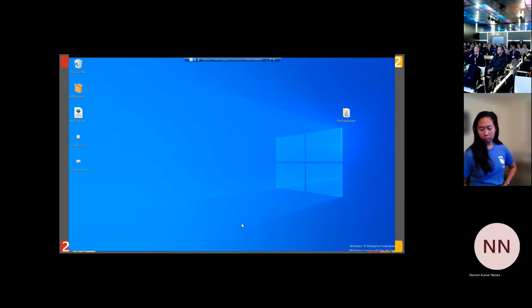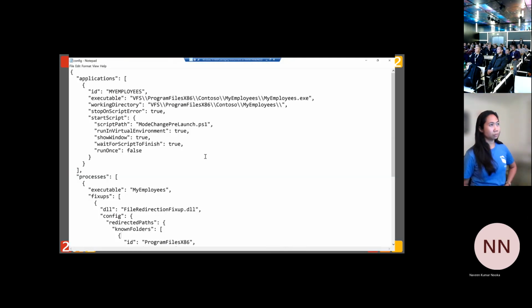So this is the Hyper-V Quick Create VM I'm using. It already has the MSIX packaging tool preview build installed, which would release in a few days. This is the config.json we have created for the package support framework. We're basically incorporating file redirection fix-up and a pre-launch script.